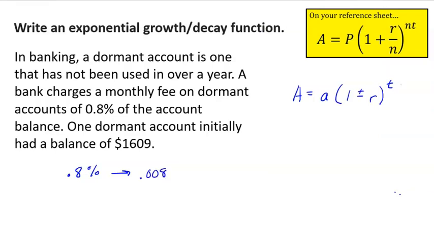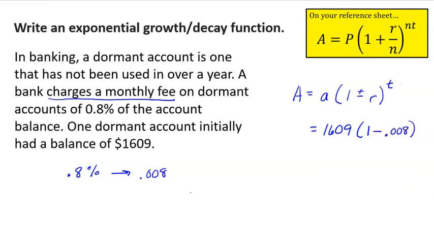And then of the account balance, one dormant account initially had a balance of $1,609. So they're asking us how much is going to be in the account. We started off with 1,609, and then we have times 1, and then remember they're charging us a monthly fee, so we're losing money, and so that's going to be minus